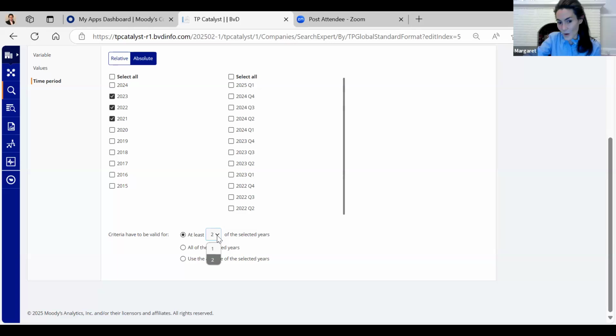So you can pick 1, 2, all, or an average. So I think I chose two of the 3 years. So for 2 of the 3 years, I want the EBIT value to be equal to or greater than 0.